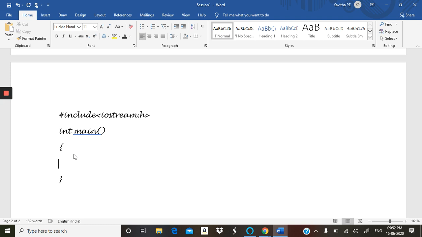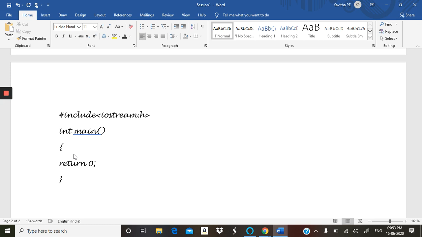When we are using the return type of main as int, we have to write return 0 and a semicolon, which represents that the function will be returning 0. So this is the minimum requirement of a C++ program: #include iostream.h, which is the header file part, and then int main, then two curly brackets and return 0. Int main is the function which marks the beginning of the program. So this is the basic skeleton.